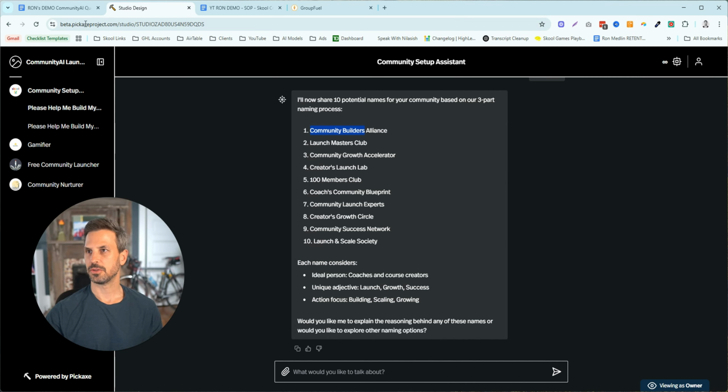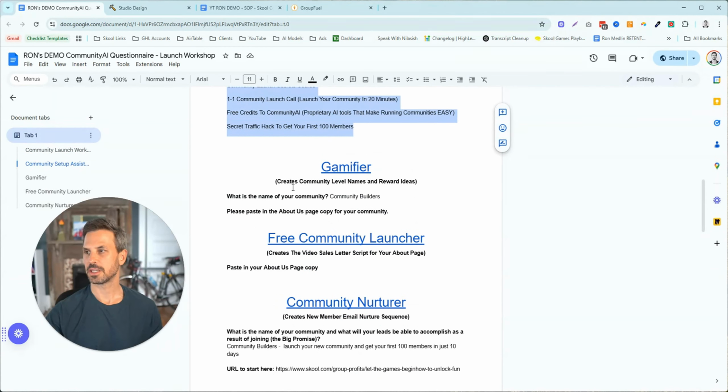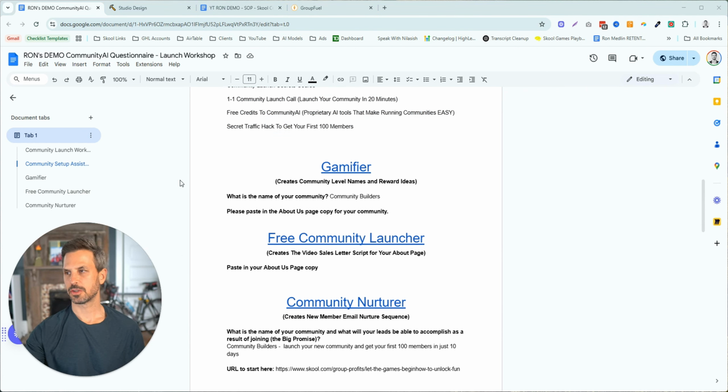Now let's move on to the Gamifier tool. The Gamifier tool is going to help us brainstorm our level names and give us some reward ideas. So let's use that. All right, so the Gamifier tool is going to help us create our community level names for our gamification. And it's also going to give us some reward ideas that we can use for each of those levels, so that when people unlock those levels, they get these rewards,